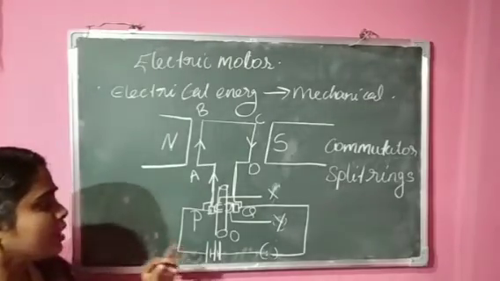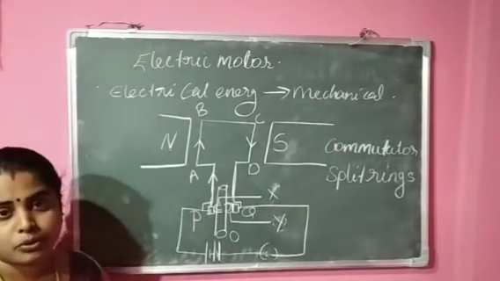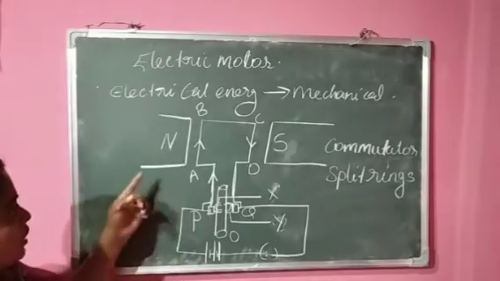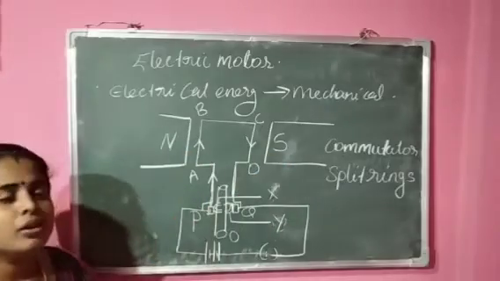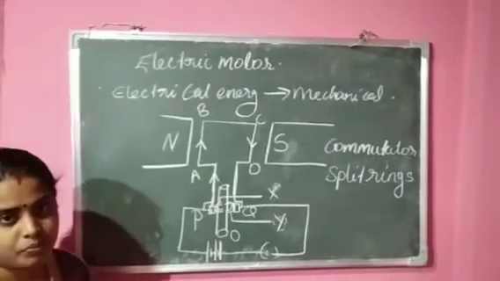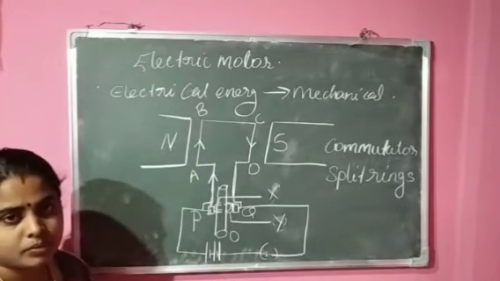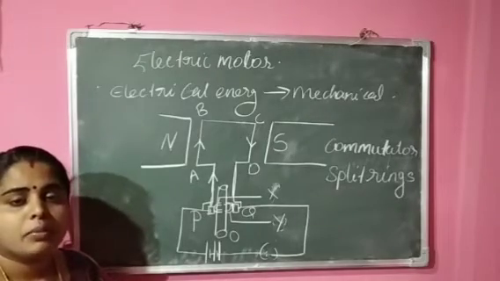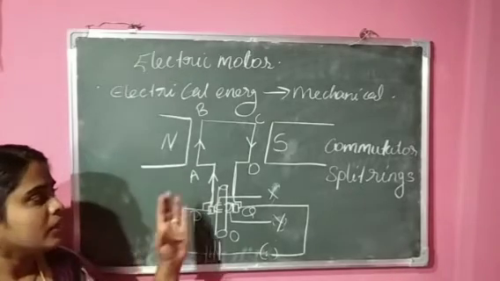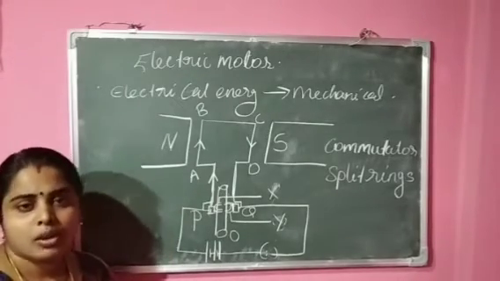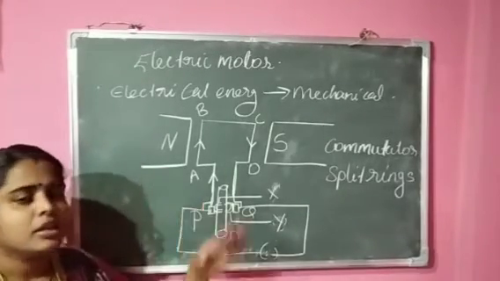Okay. Then, in commercial motors, how can we enhance the power of the motor? What can we do? Here we used a permanent magnet. Instead of this permanent magnet, we can use an electromagnet. Next, we can increase the number of turns of the windings of the coil. Then the third case, we can place a soft iron core inside the coil. So all these things are present in the commercial motor. Okay, so this is the working of an electric motor.